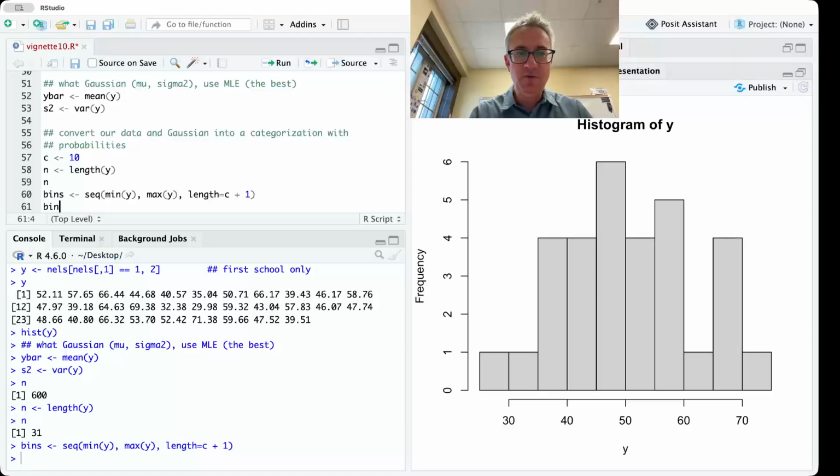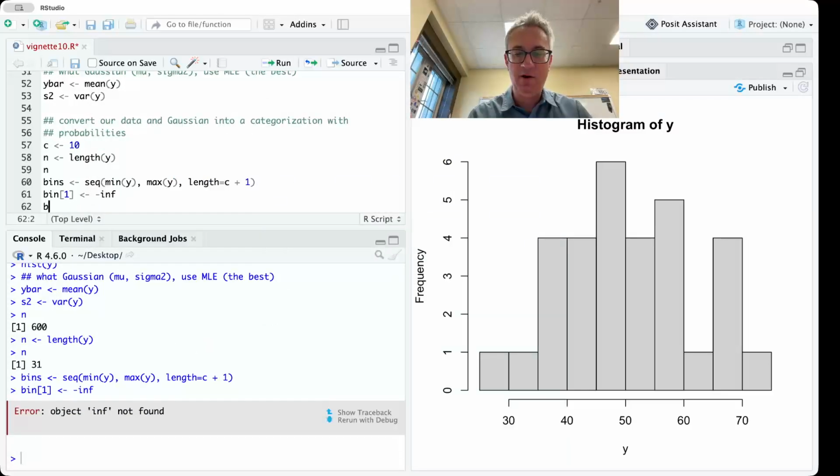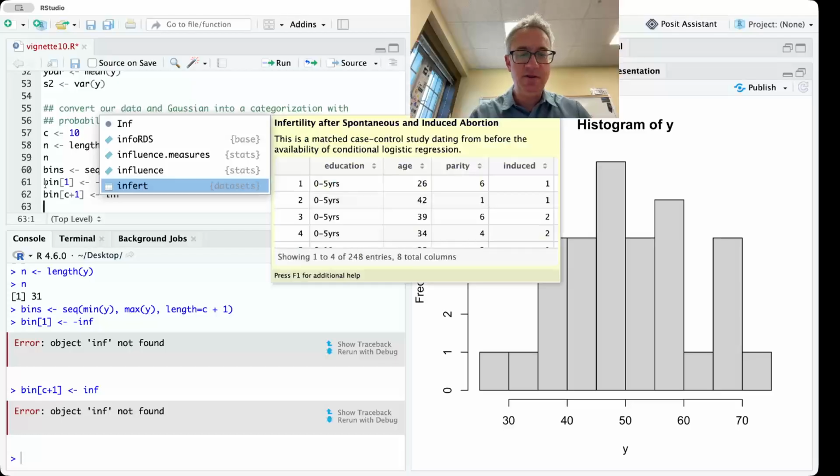The smallest one is going to be minus infinity. It'll become clear why I'm doing this when I make a plot. And the largest one is going to be plus infinity. And then all the ones in the middle